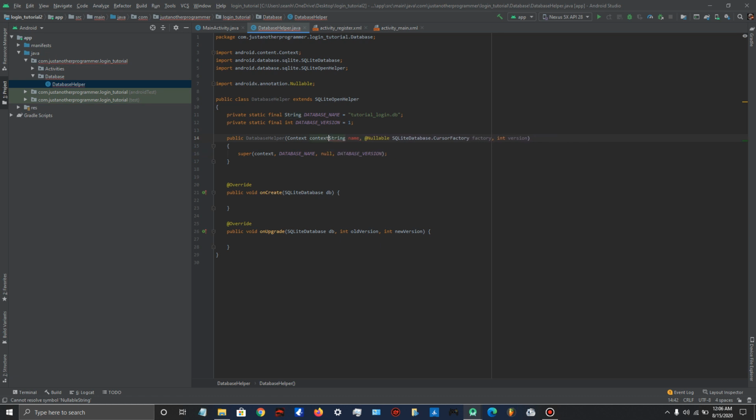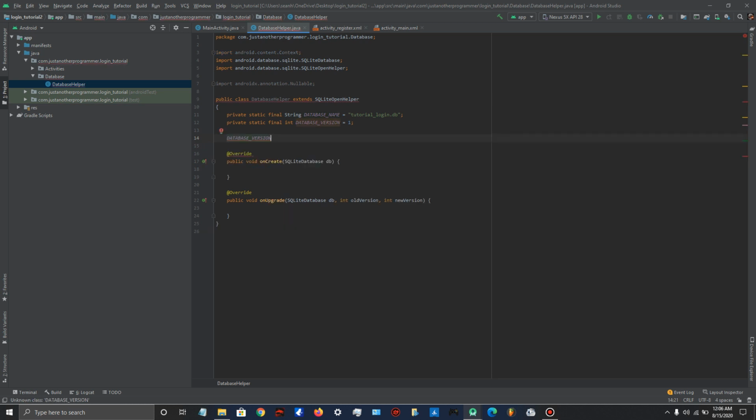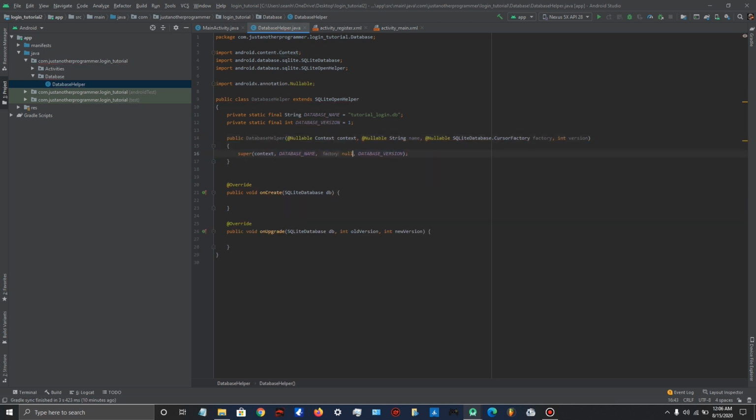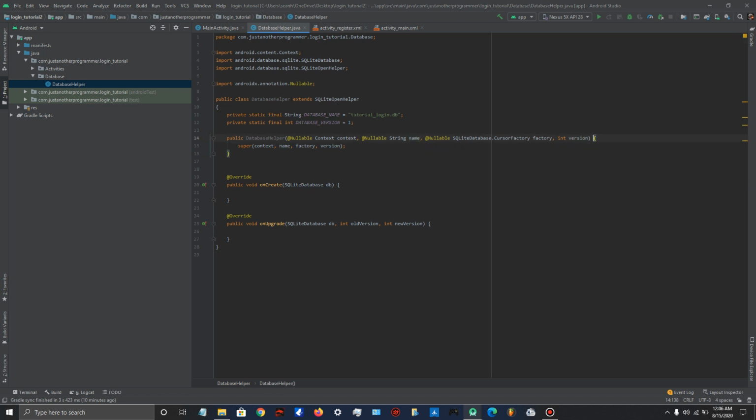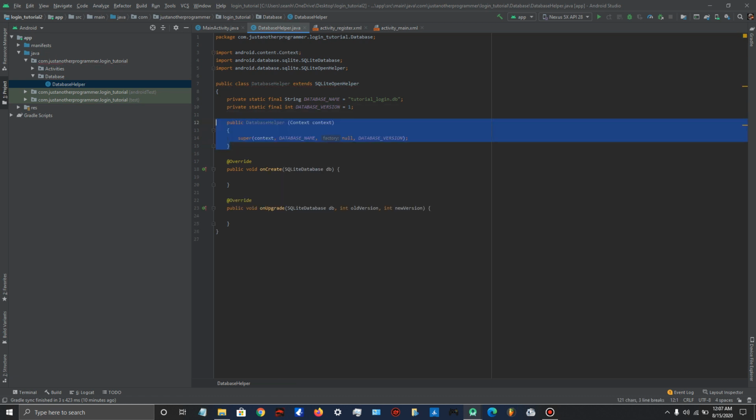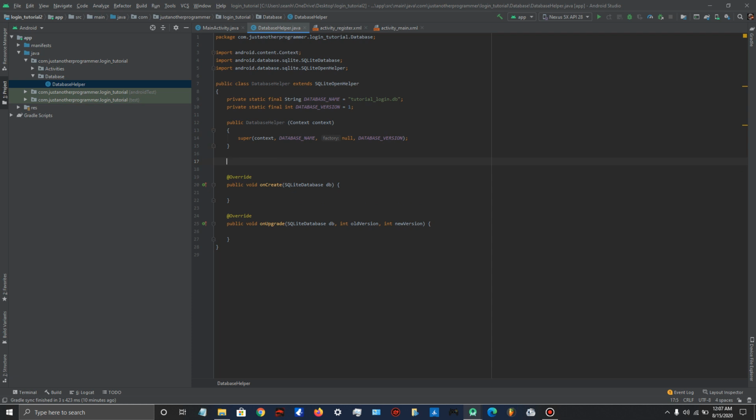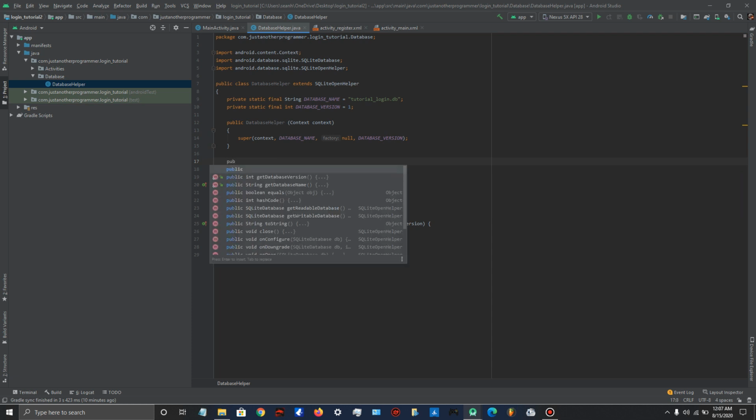The only thing we need here is the context, so we can just delete all this. And it's just the same as what we made here, so it's still okay. Right now we need to create a table name, so go ahead and say public